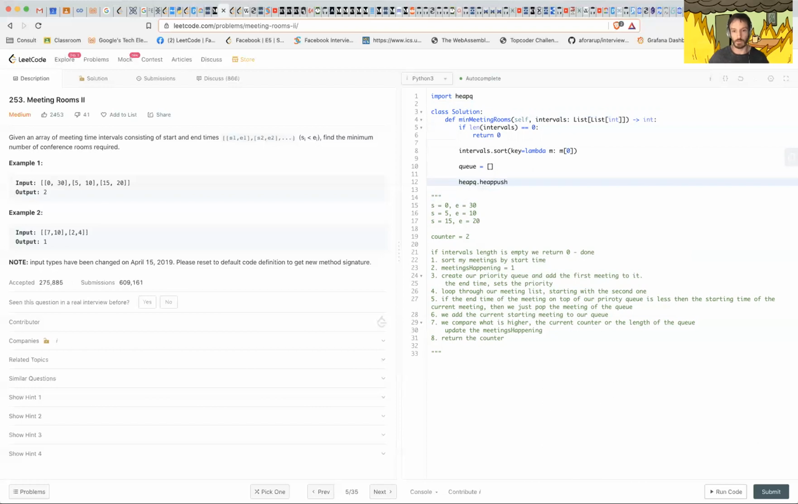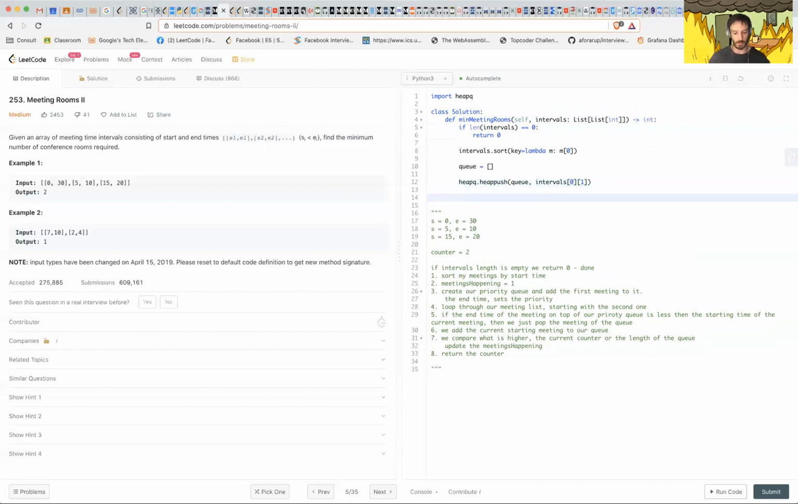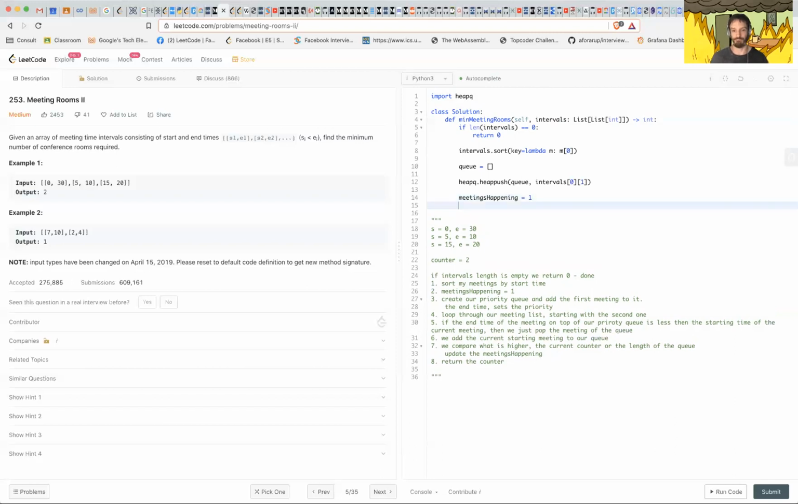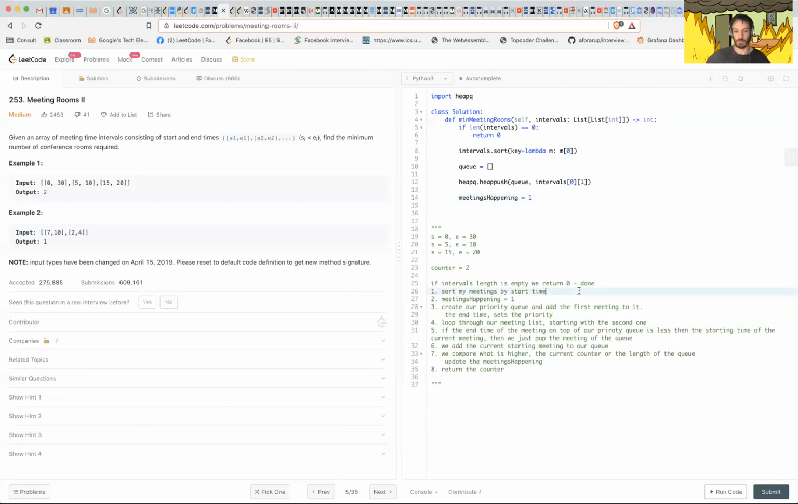Heap push. And here we're just going to tell it which queue, and then what we want to add to it. From intervals, we want to add the first one, but we want to add the end time. And here we can declare our meetings happening equals 1, so we have one meeting happening. Right, so we did this, then this, create a priority queue. Okay. Now we're gonna